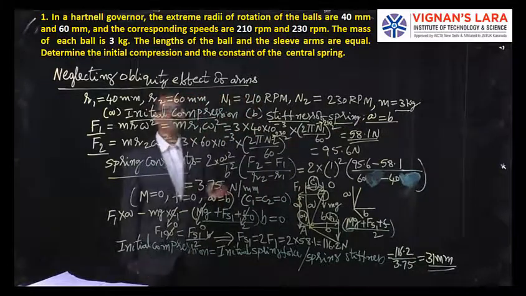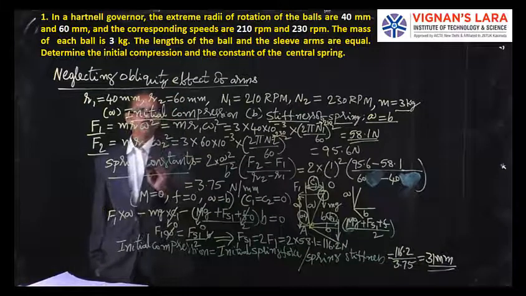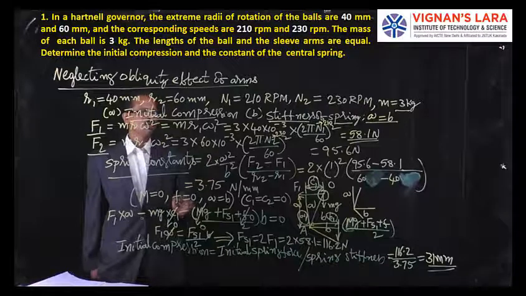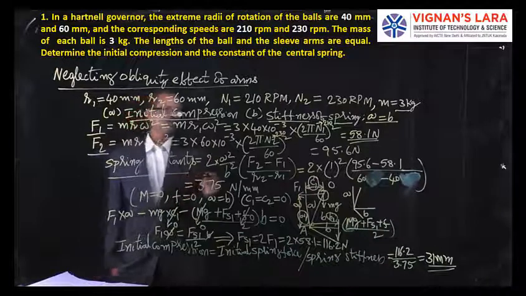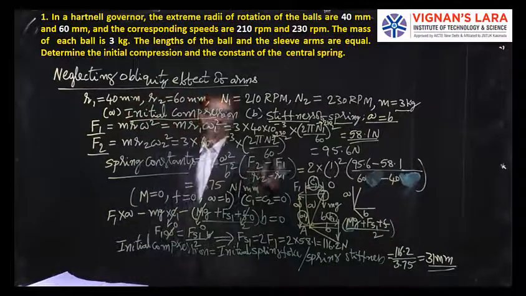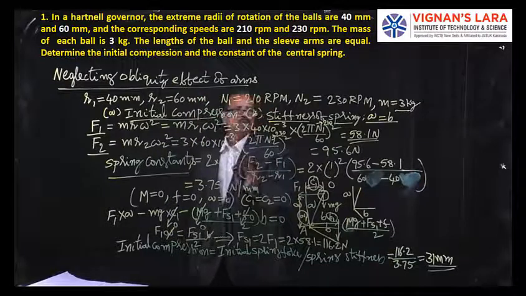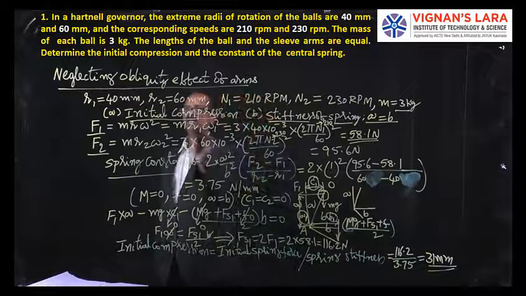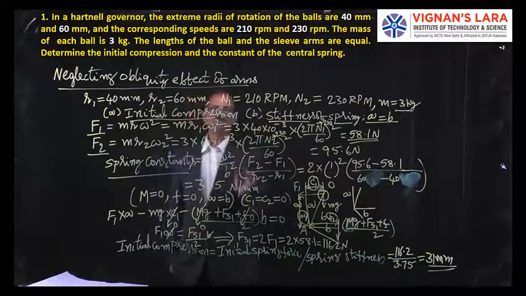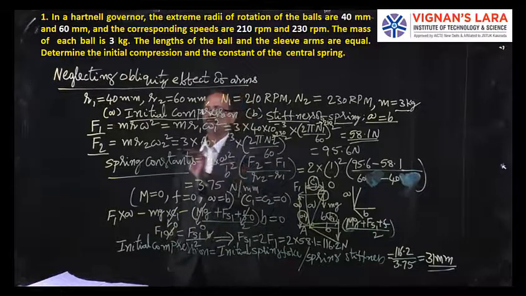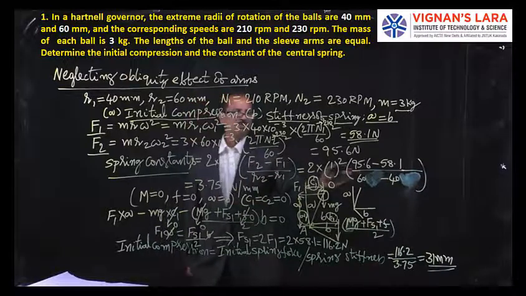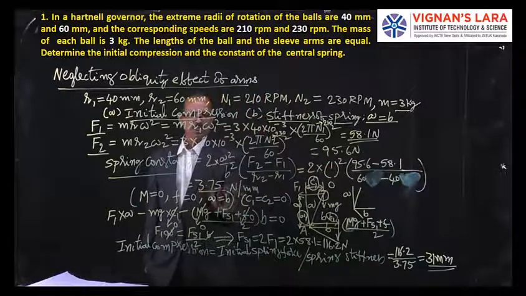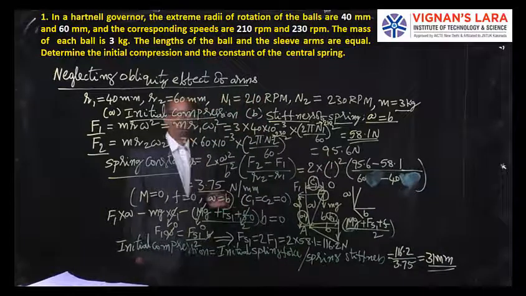So with the given information, I have calculated first the spring constant S, because I know the equation which is already obtained, that is 2A square by B square into (F2 minus F1) by (R2 minus R1). A by B is 1, so this is 1 square. F2, F1 values I have calculated first by the basic equations of M R1 omega1 square and M R2 omega2 square. So those values I have substituted. Then I got the spring constant, that is spring stiffness, both are the same.